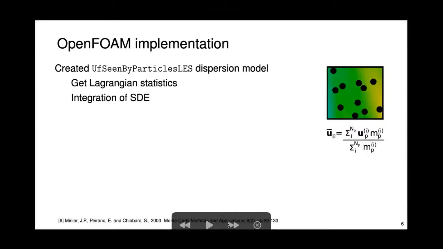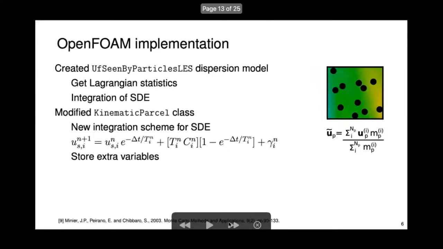So for our implementation, we created this new dispersion model class, which has two main functions. The first being it gets the statistics of the Lagrangian phase. So here we get the filtered particle velocity by mass averaging over all particles in a cell. Then it performs integration of the stochastic differential equation, which you do by the scheme that we implemented provided by Minier,